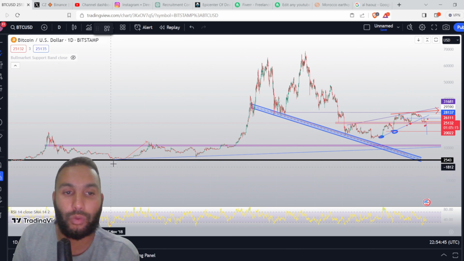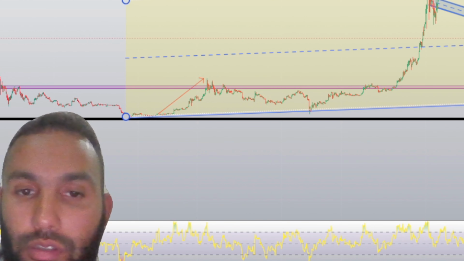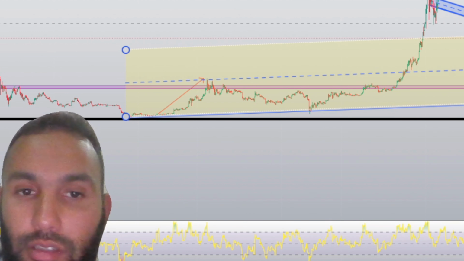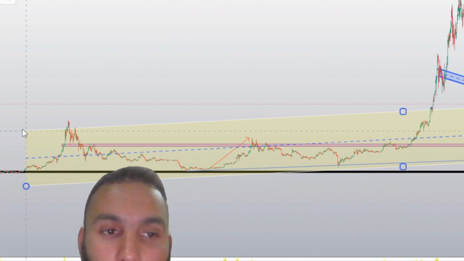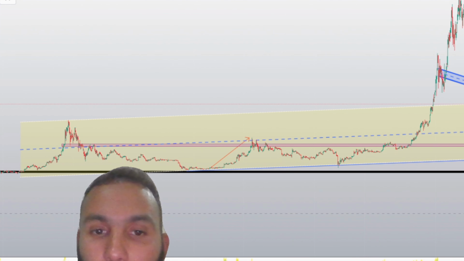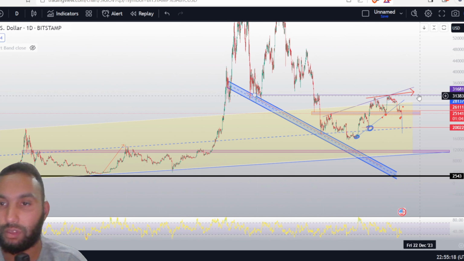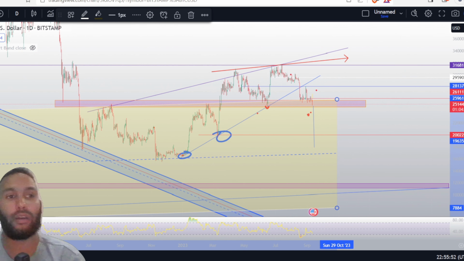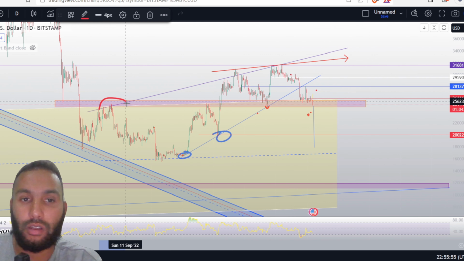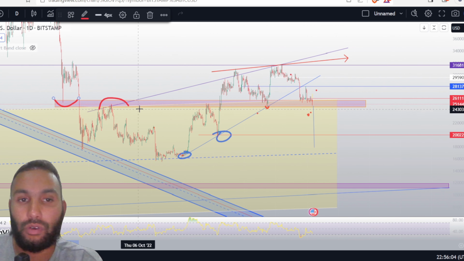We take this low right here, the low of COVID, and extend it. We can even use this high right here of the 2021 bull market and check what is happening. And guys, very interesting. Check it out. What we see here is the holding connection of 25k, which is not only a previous support flipping to resistance, but also